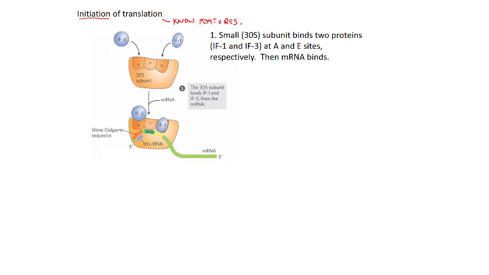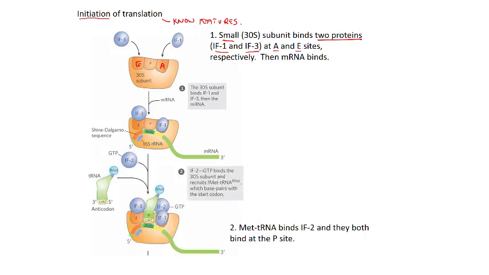So how do we initiate translation? Well, the way it works is fairly complicated, so I'm going to give you guys the short version. It starts with the small subunit. The subunit binds two proteins that are called IF1 and IF3, and they bind at the A site and the E site respectively. There's the A site, there's the E site. So IF1 binds at A, IF3 binds at E. Okay, so we've got these proteins here. What are they going to do? Well, what happens next